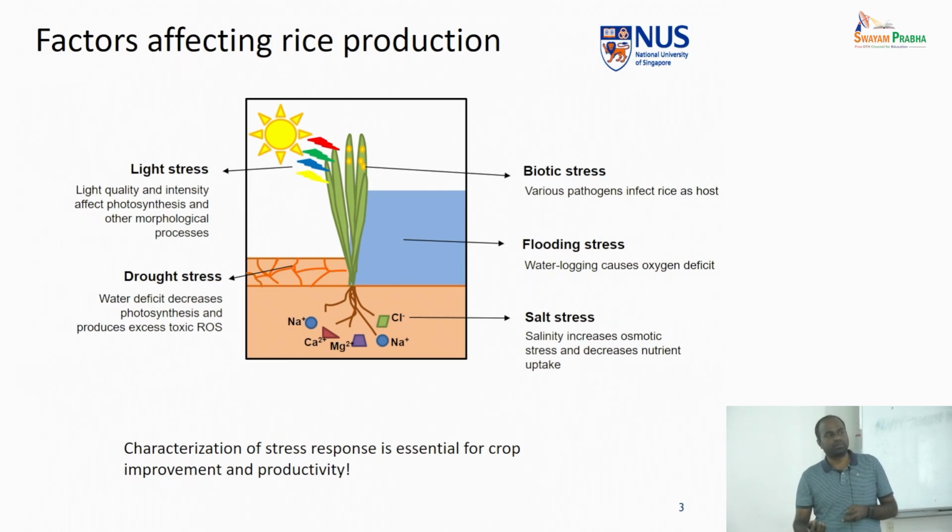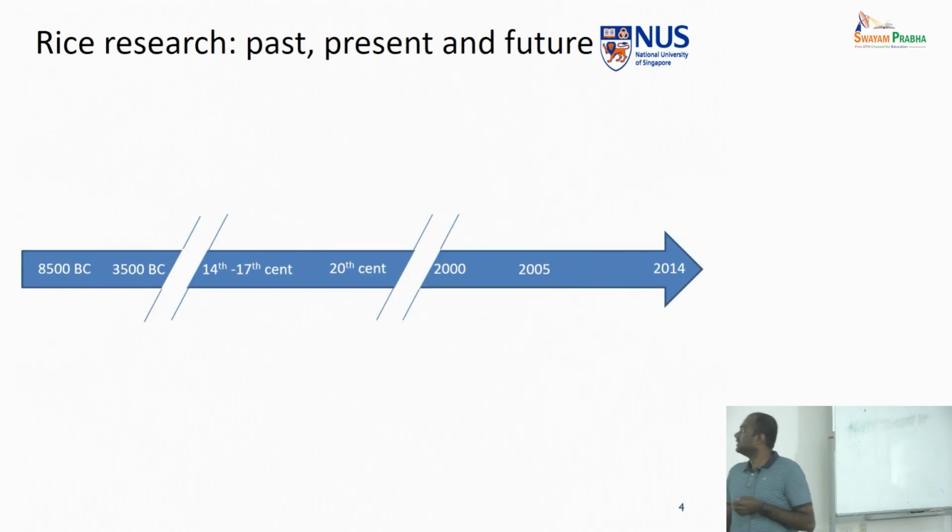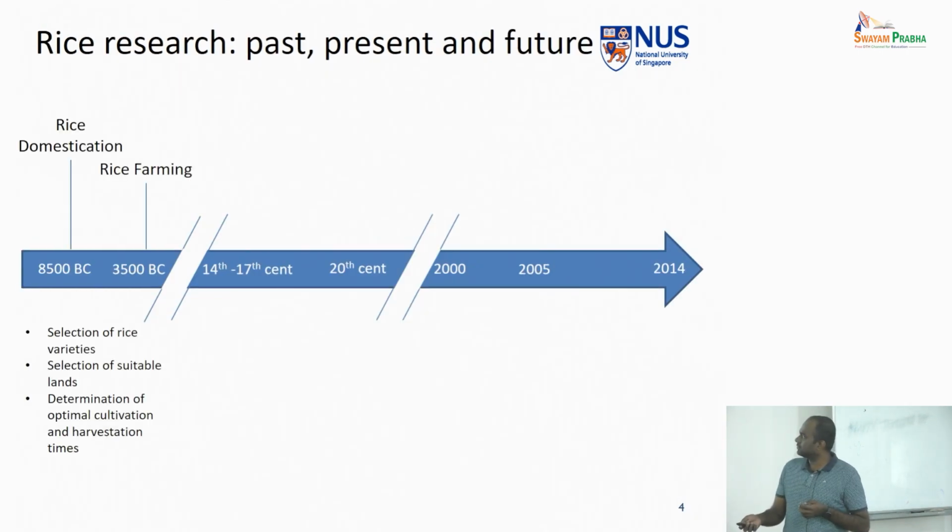So it could be multiple approaches. We can try to come up with transgenic varieties which can be more resistant to these stresses, or we can even try to think about making sure the conditions are not as diverse as they are. For example, with concepts like urban farming, you will be able to control the environment and get the most productive environment, which can be designed in a controlled manner.